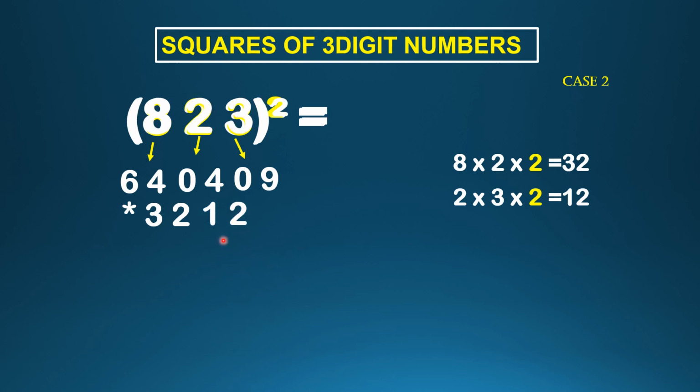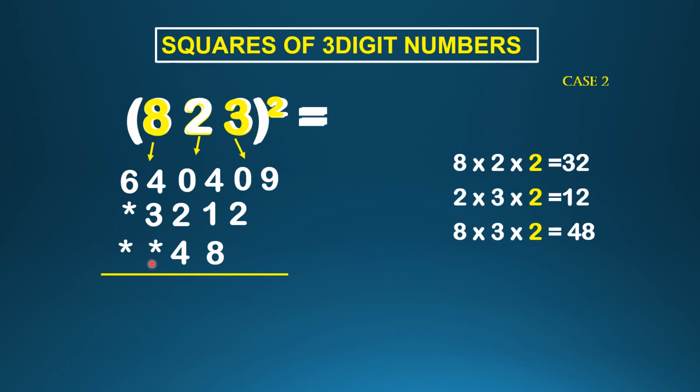Now the final step. Now we multiply 8 into 3 into power 2. 3 8s are 24. 24 2s are 48. This 48 we will write it in the third row, leaving the first 2 digits. Now add these digits. You observe here all completely this first 2 digits, next 2 digits, the first and the last digit we are multiplying with the power 2.